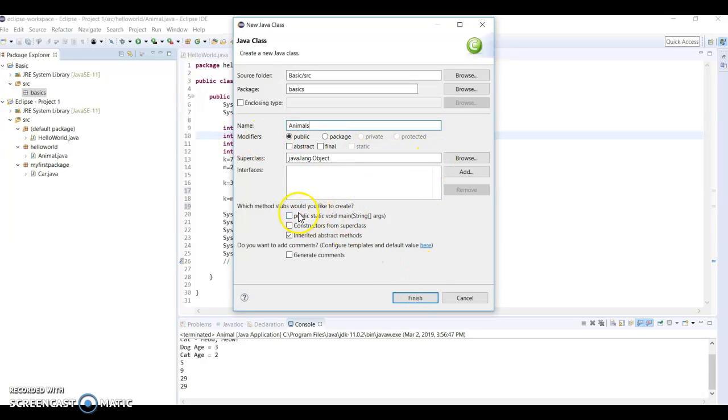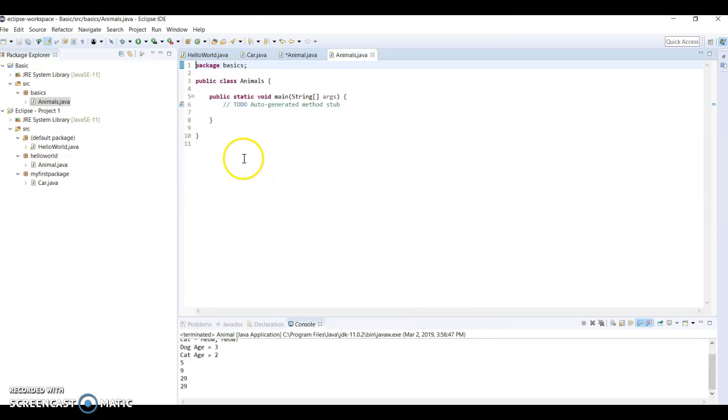And then I want to have the root for the Java installed. When I click, it is automatically installed. So my package is right there, Basics, and my class is Animals. Now whatever I type here, I'm just going to see the variables. Let's keep going from right here. Now press enter and say